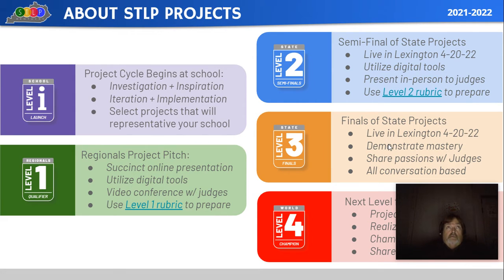I think in the 12 years we've done this, we've only had, I want to say, 2 projects go to level 3, maybe 3, but I don't think it's more than 2. So that's live. It demonstrates mastery. It shares a passion with the judges,